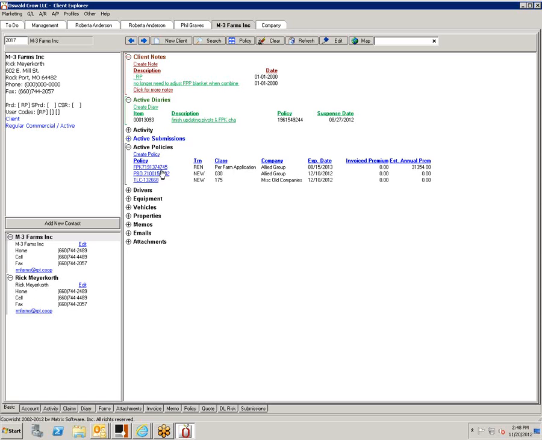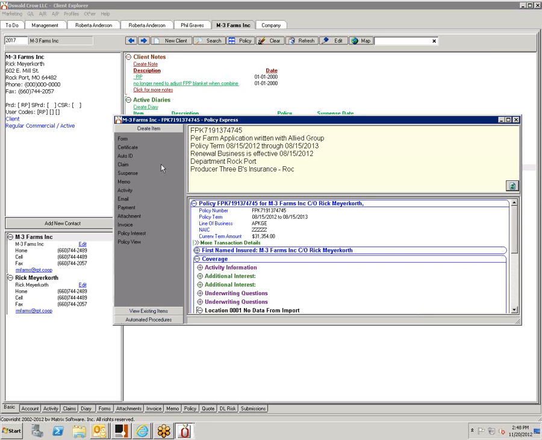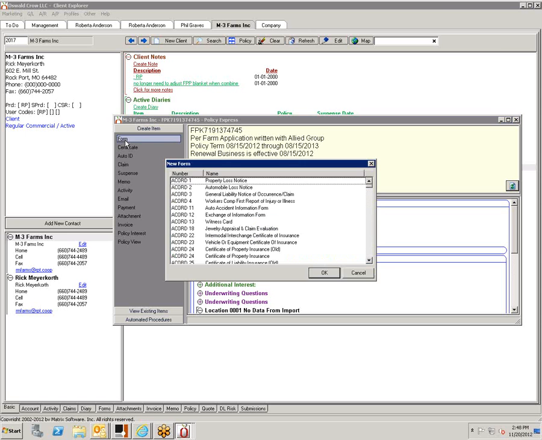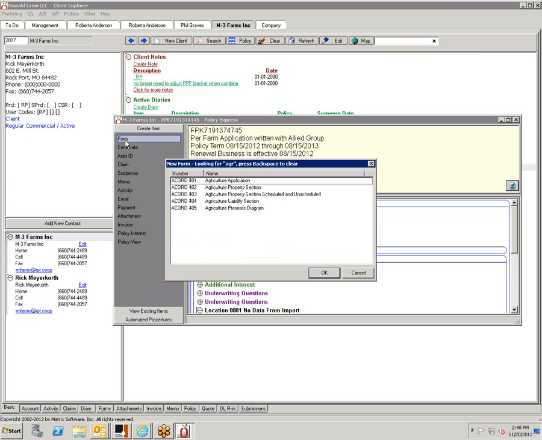Okay, what other kinds of forms? Now we do have some agricultural forms. I don't know if you use any of them. We sometimes use those if we have to send it to somebody. Most of our companies that we write with, they have all their information, and you go on their website and fill out the application.